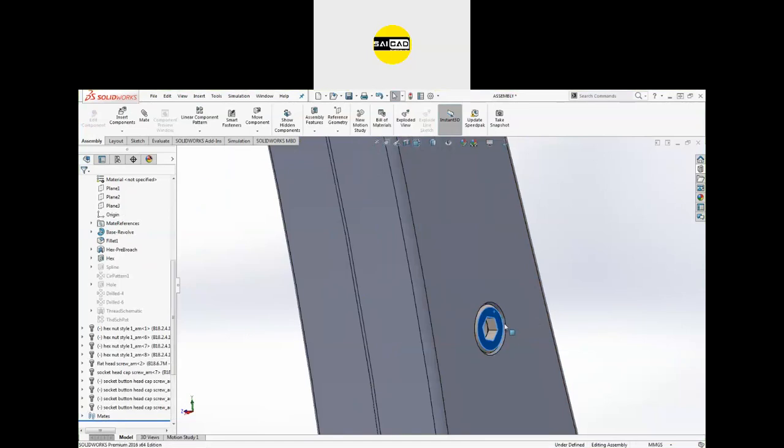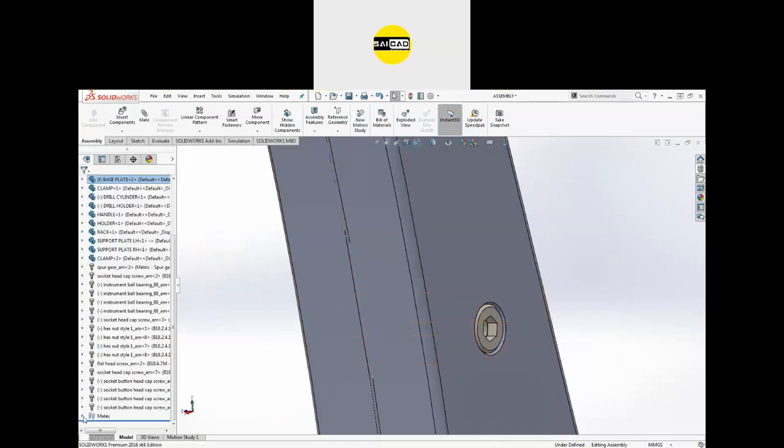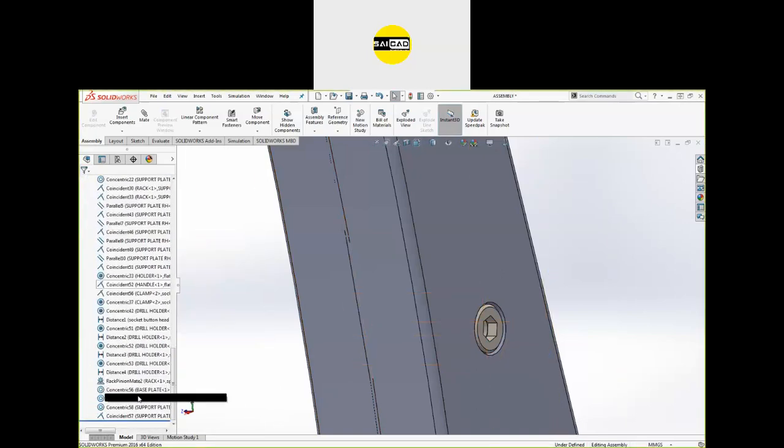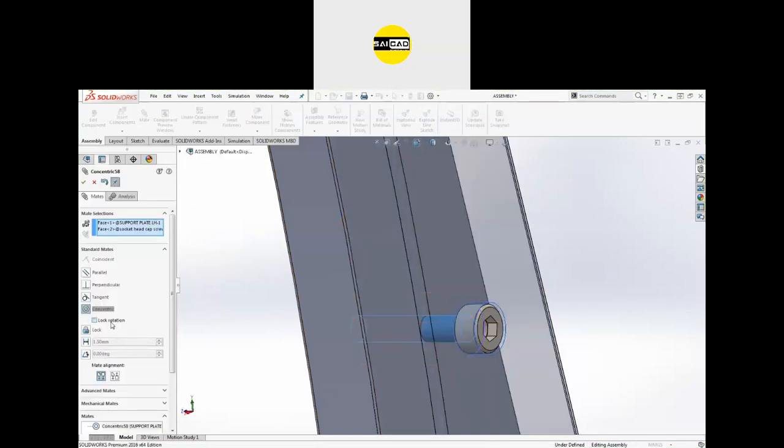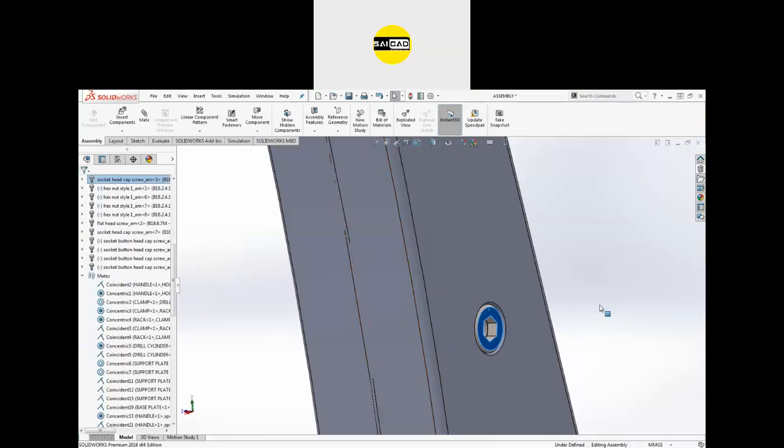If I rotate the object, it can be rotated because I have not defined the option in the mate, that is lock rotation. So go down, we have created this concentric, go to the edit feature, go to the lock rotation, click OK, and we have the feature locked here.